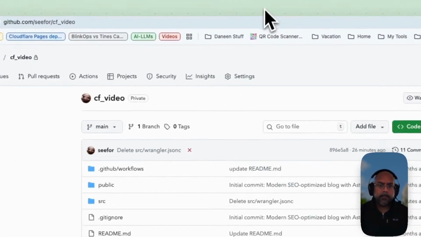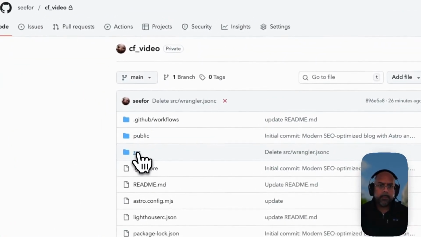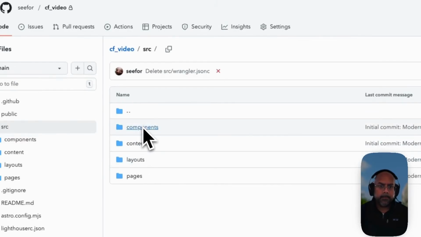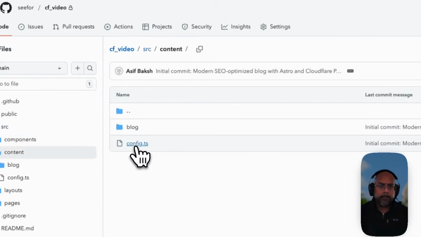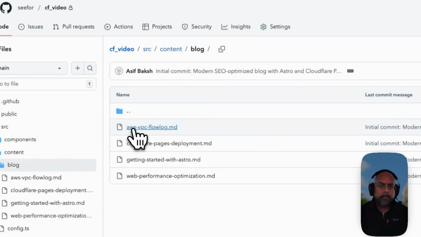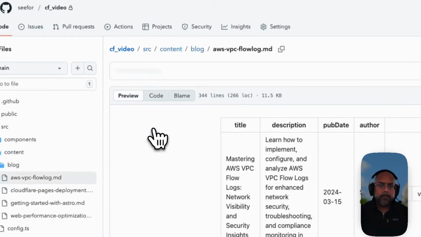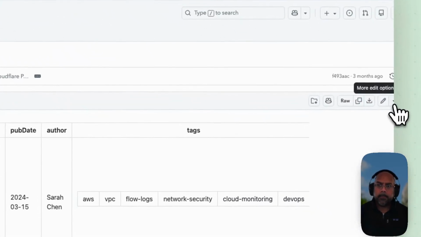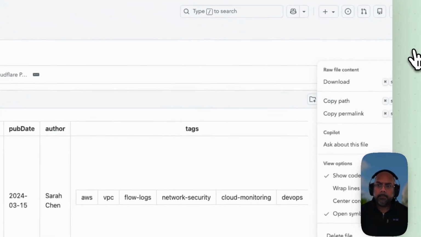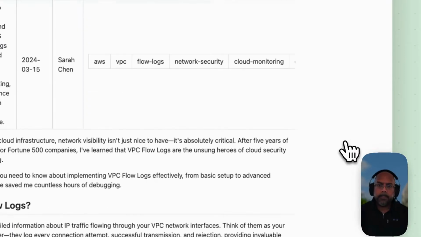So let's go ahead and do something and show you how it works. Under content, source content, blog, this is that AWS blog as an example. So I'm going to open that up. I actually want to delete the file. So delete,